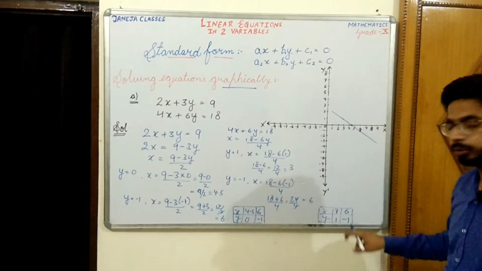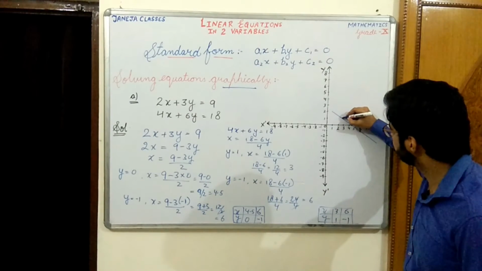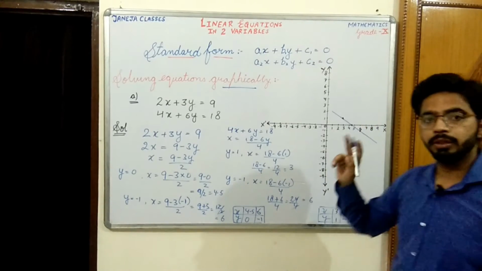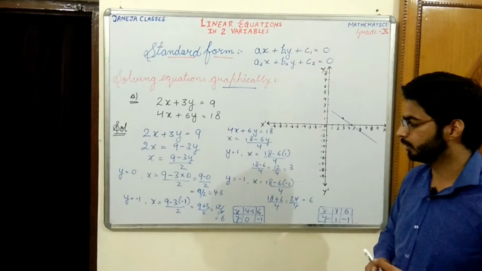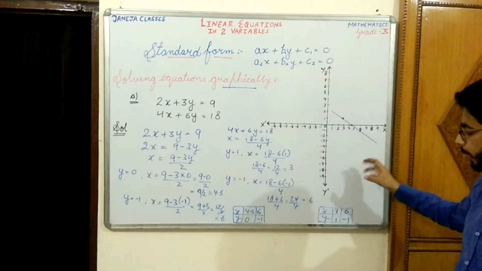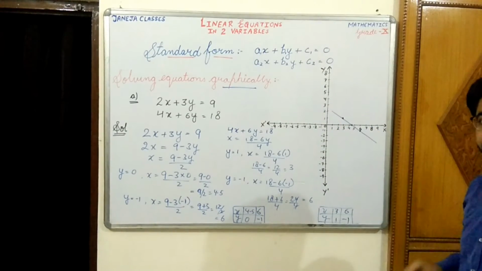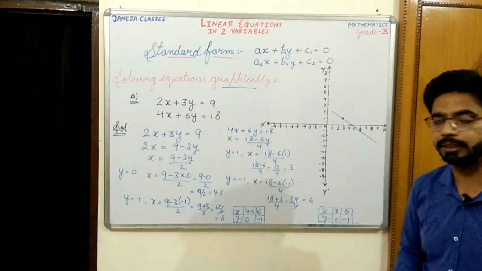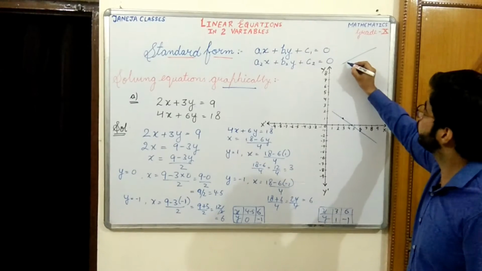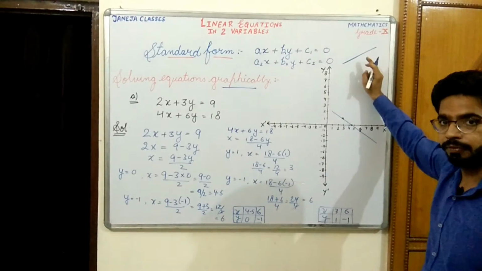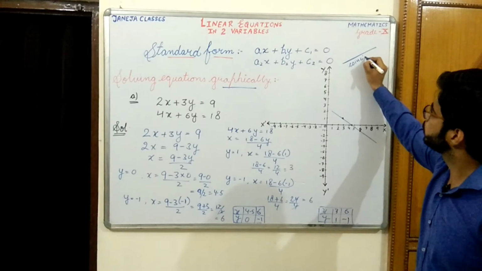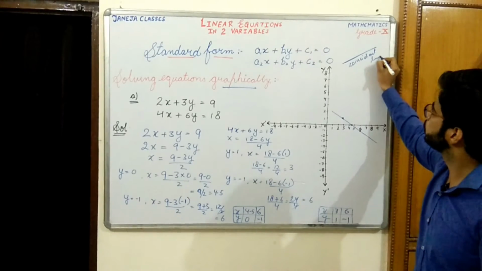So let us plot these 2 points also, x is 3 and y is 1, and x is 6 and y is minus 1. So see, it is a new type of equation. By plotting these 2 points we got this line, and after plotting these 2 points also we got the same line. We can say that these lines coincide. For example, I can say that this line and the other equation are also representing the same line. We call these 2 lines coincident lines.